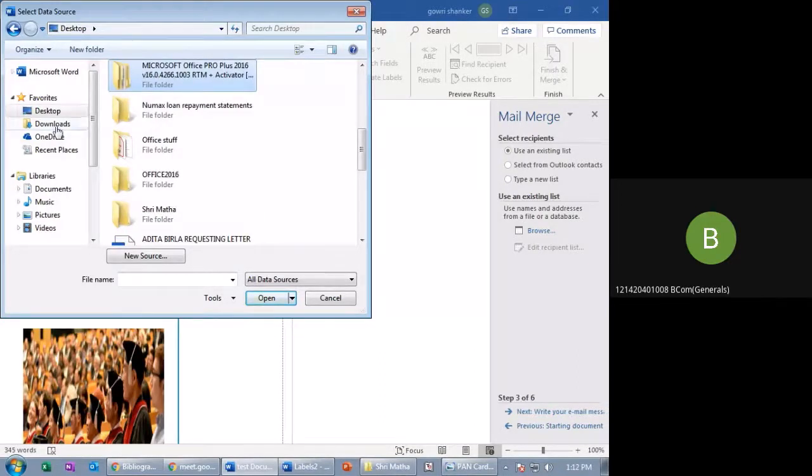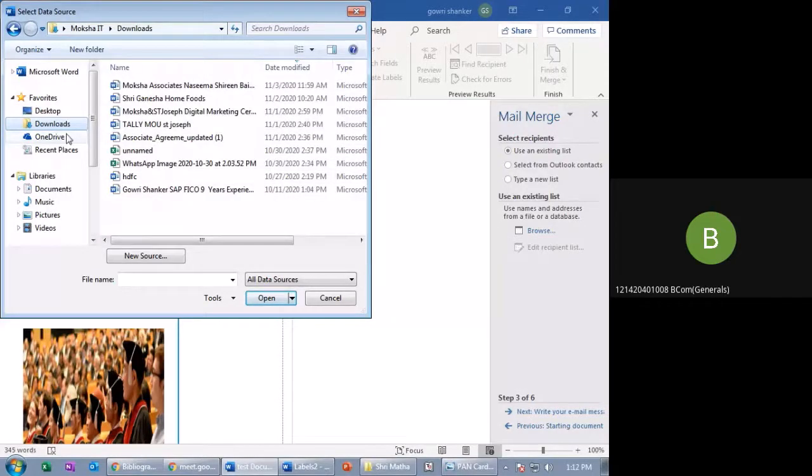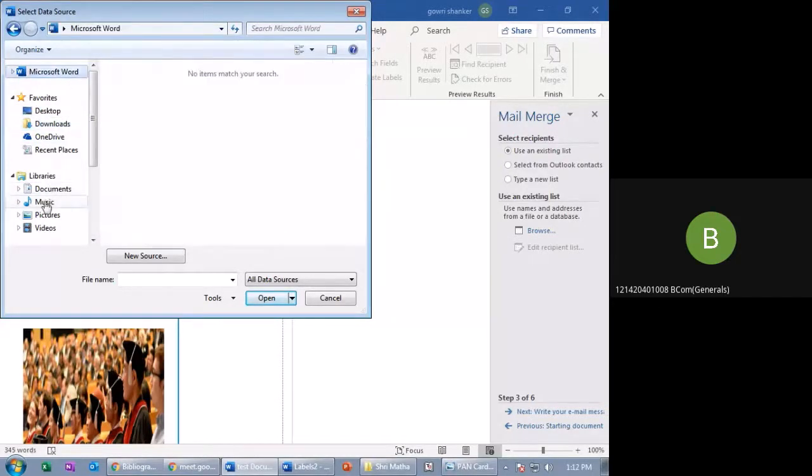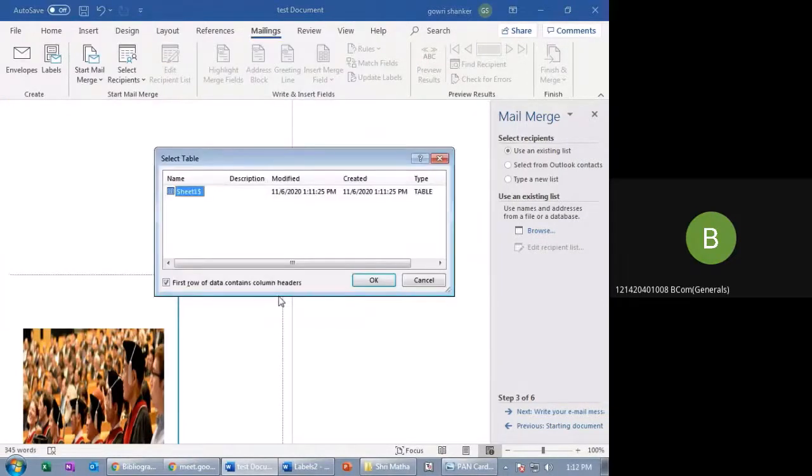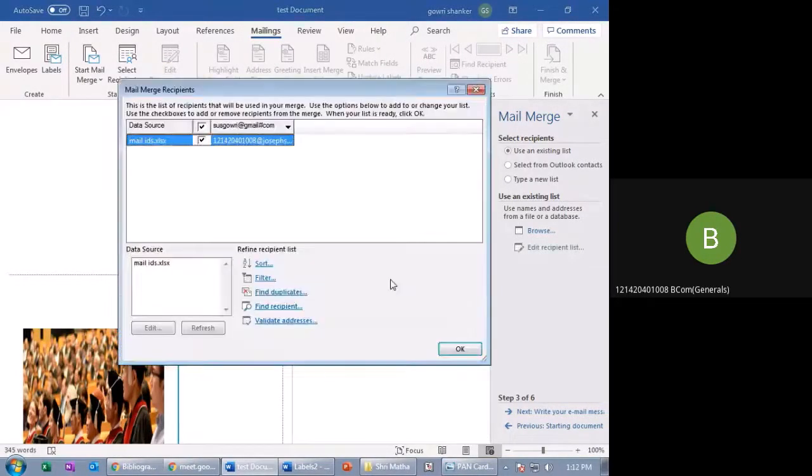No, it is not there. Mail IDs. Open. Sheet. Okay, 2 numbers.